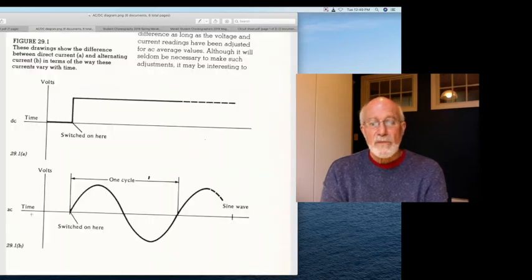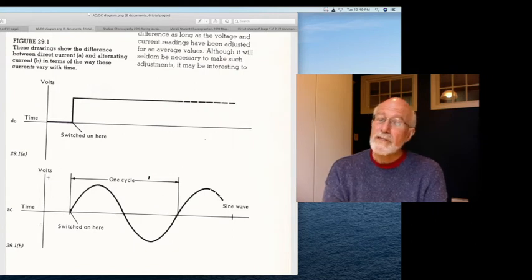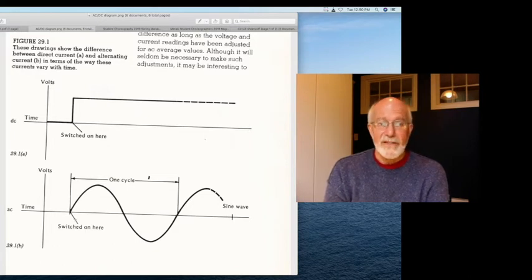Okay, so what's happening at the same time in this graph here, which is a graph of the voltage versus time, and that is happening in the same way as I just described, over a 60th of a second. Okay, so obviously we need to define some of these terms. All right, so